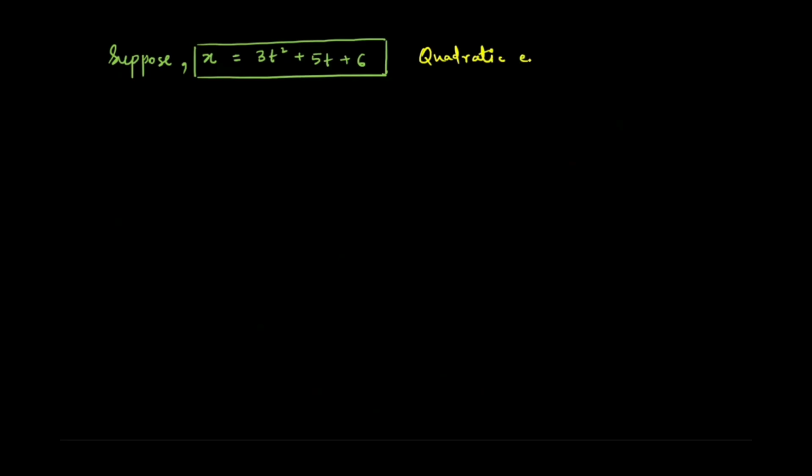Suppose that the displacement of a body is given by 3t square plus 5t plus 6. Have you seen such equations before? Yeah, it is a quadratic equation. So this quadratic equation is of displacement, and this equation is a function of time. So whenever we see that the position is a function of time,